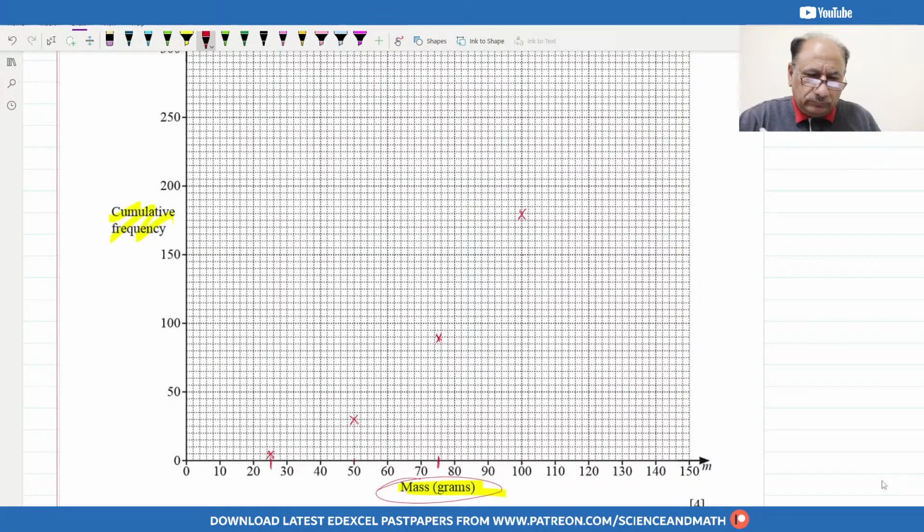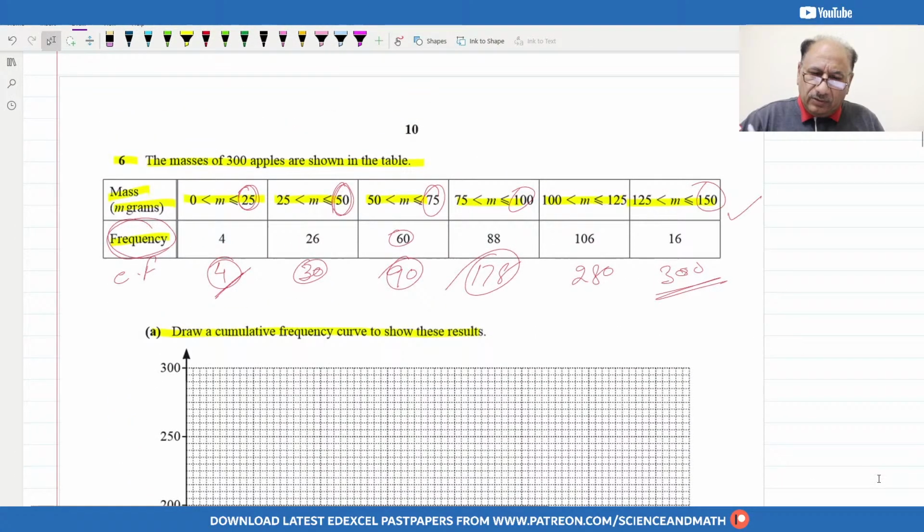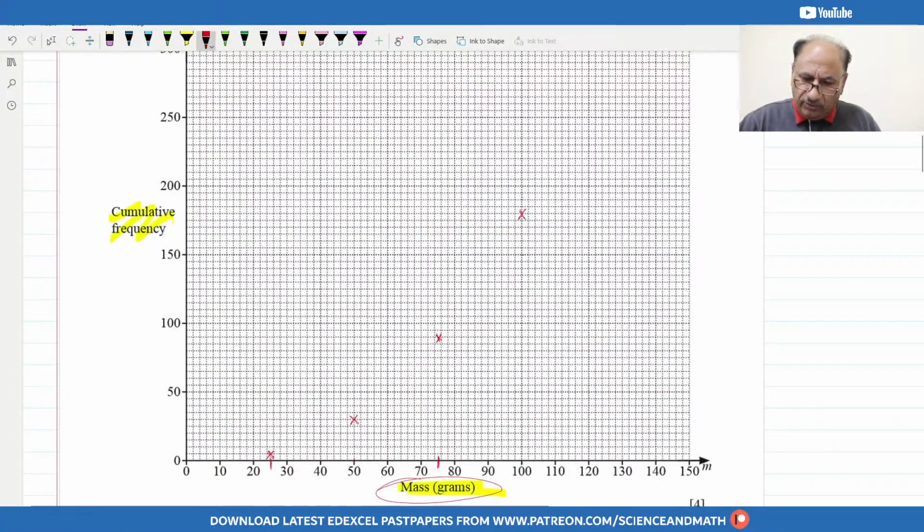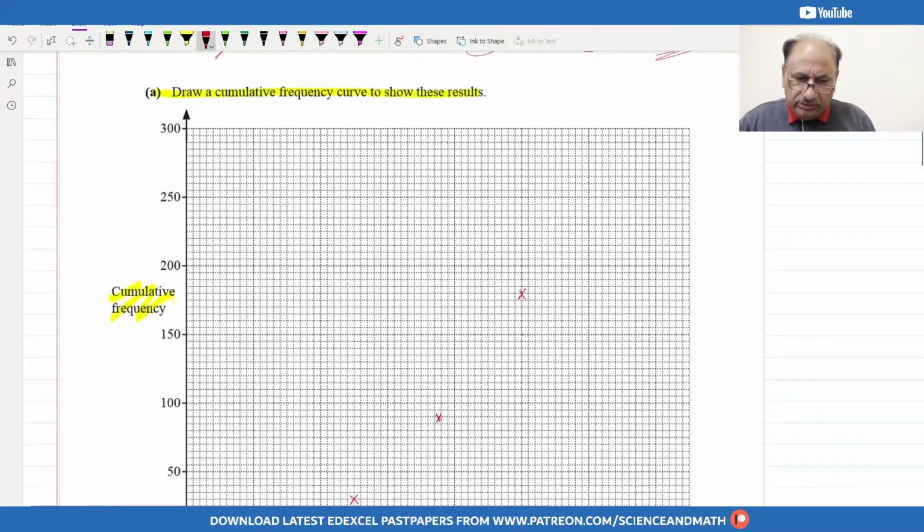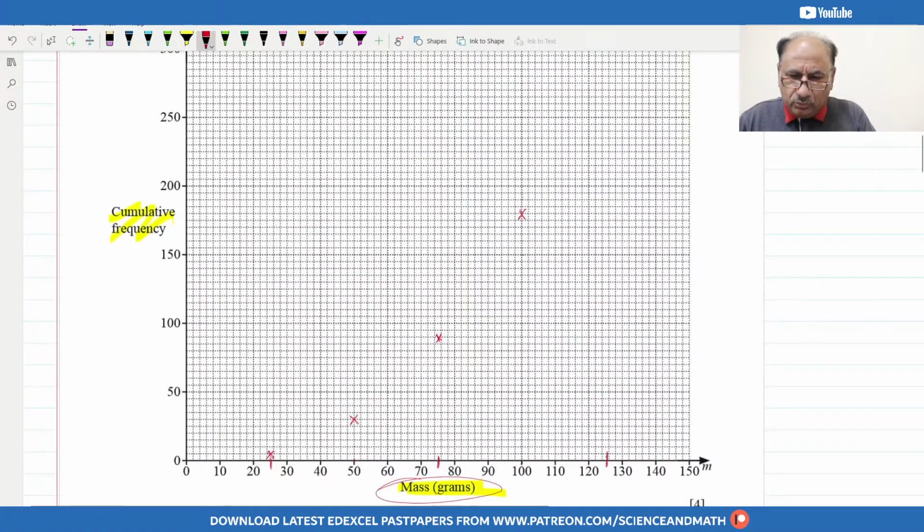So I will double check, 1 and 2, yes, it is correct. Then 125 and 280, 125 will be in the middle of this one, and 280 will be where, 280 will be,